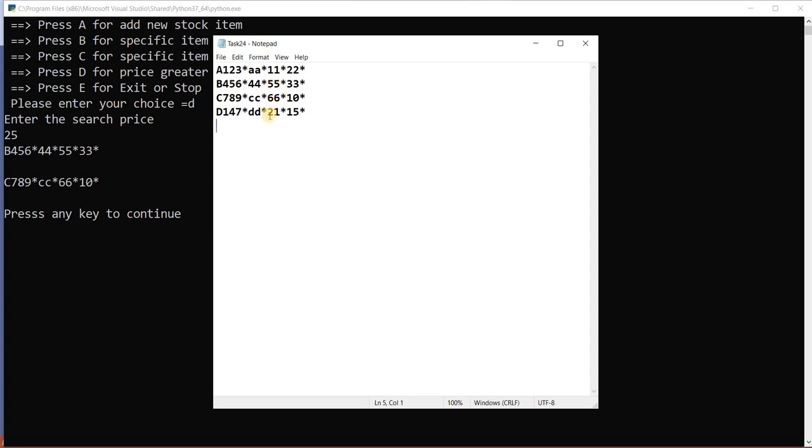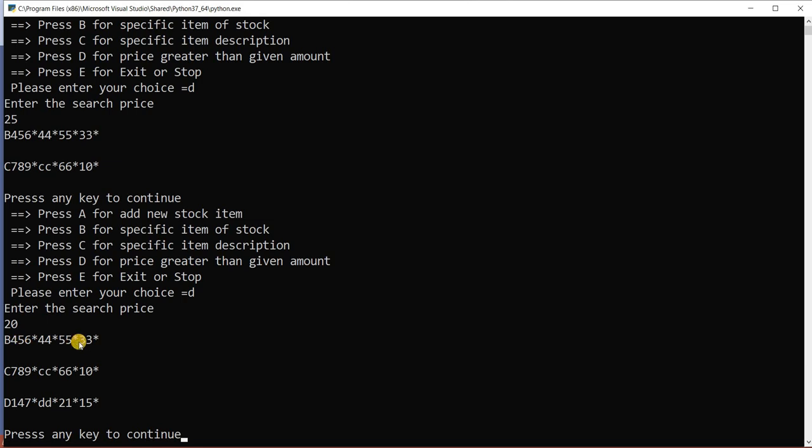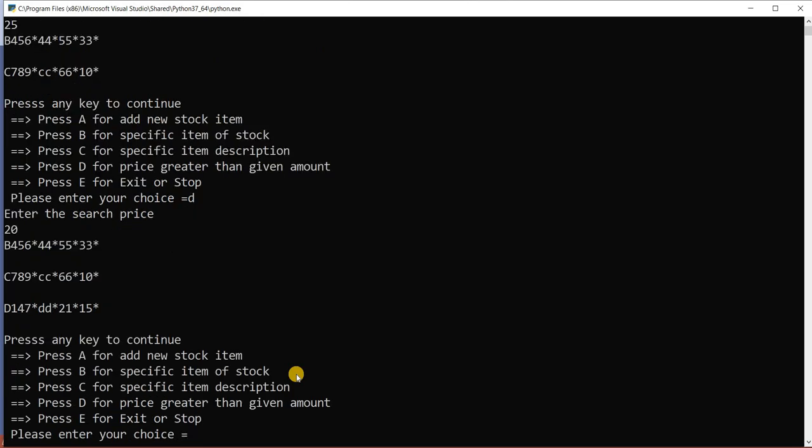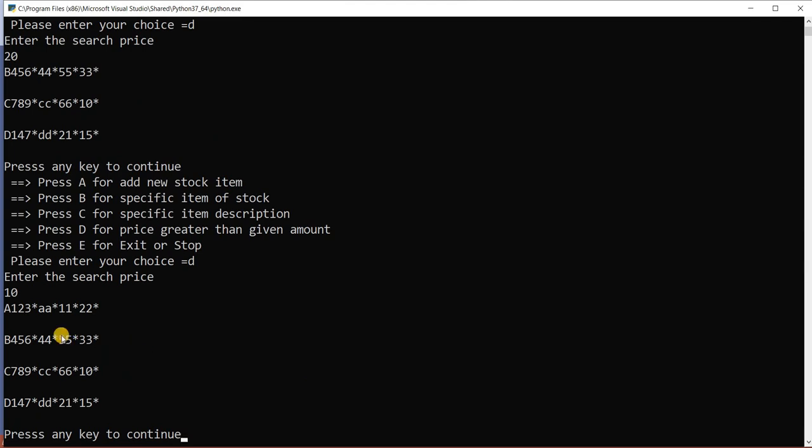If I enter 20, then it shows me 21 also. And if I enter 10, it shows me all the items. Now I enter 20. How many items showing? 1, 2, 3 items displayed. Okay, continue. If I enter 10, all the 4 items will be displayed here. 1, 2, 3, 4.